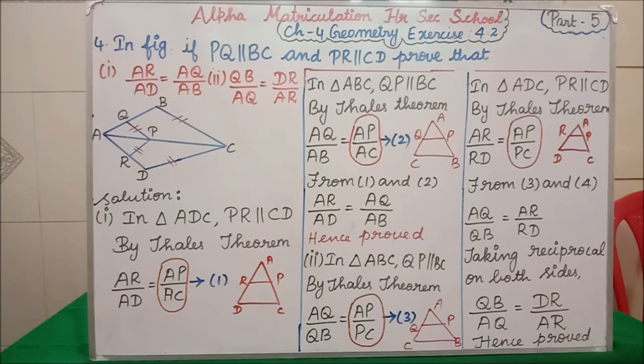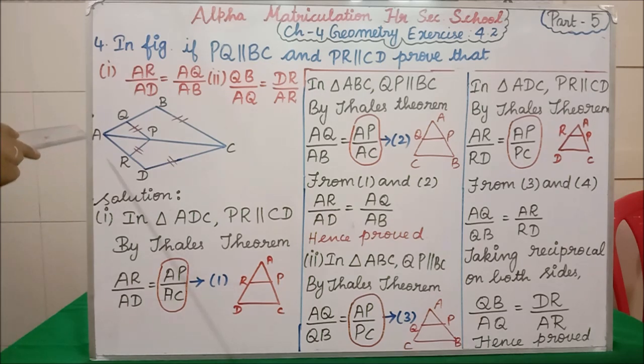Solution. For that, first R and Q, where they are coming in the first subdivision, we need R and Q. So which part of the triangle do we have to take? This part, A, C, D, that triangle we have to take. See, I have drawn that triangle separately from the old figure. It is not necessary to draw in the exam, but in your classwork you have to draw, then only you will understand.